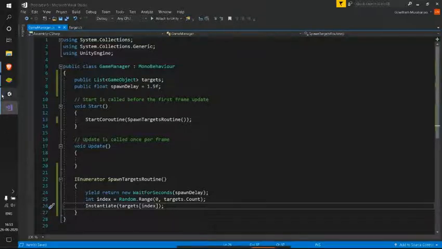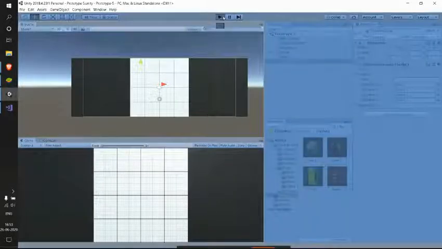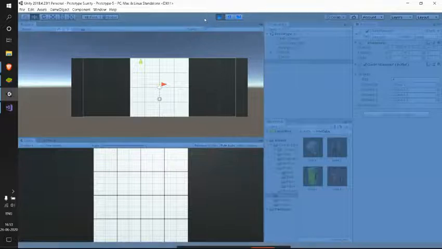So let's just test that in here. So entering the play mode. See, now we got a ball. Why don't we have more than one?